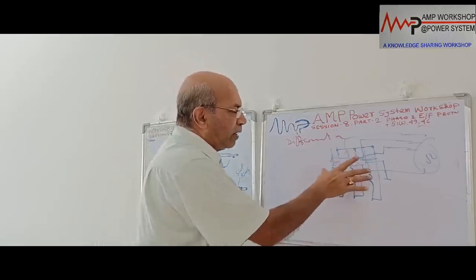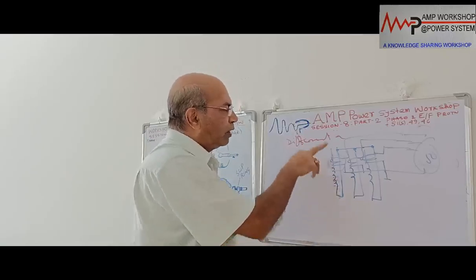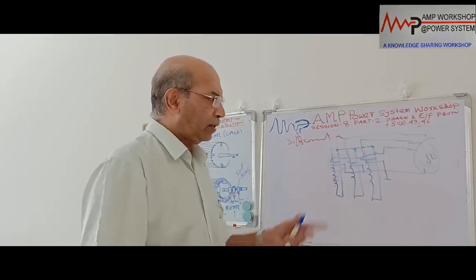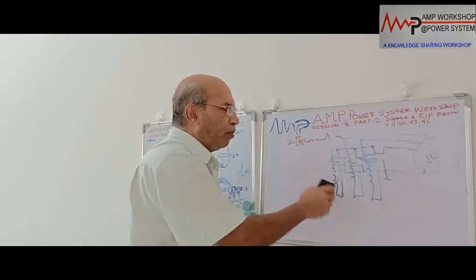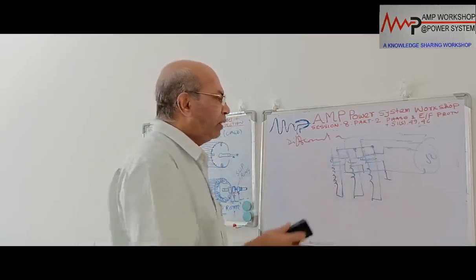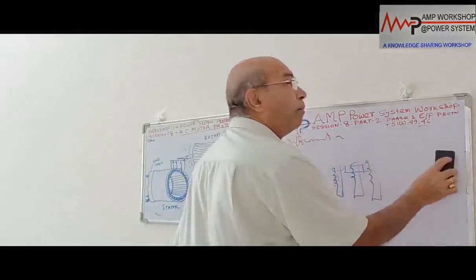In that case, in the terminal box we can put the 3 CTs, and both leads of each phase should come inside the terminal box. Then we can arrange this type of 50 instantaneous overcurrent relay, but it will be working on the differential principle. Okay, this is another way you can provide differential protection. This is for the phase fault of the motor.